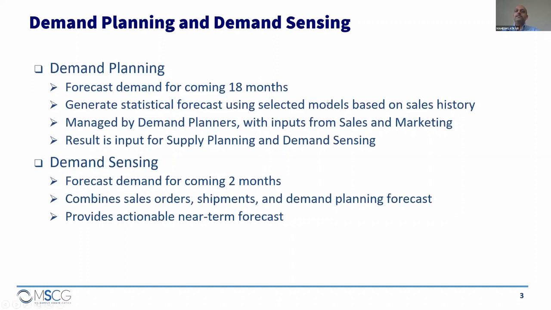On the other hand, demand sensing is a shorter horizon. So we'll talk here about daily buckets, and the horizon could be 4 to 6 weeks. And the output of the demand sensing will be in daily buckets, though we can view it in weekly buckets at aggregated level. In demand sensing, it uses the recent sales data or sales history, and also open sales in the near future and actual shipment data, and it gives the output based on all these inputs.